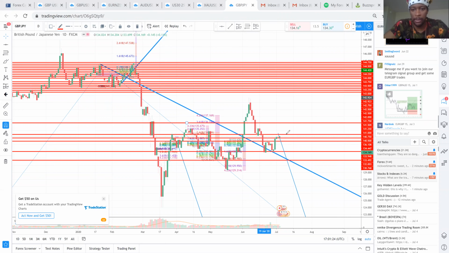So pay attention to this area. If the price goes to this area, and if it breaks this area, obviously it goes up to this area. And if it breaks this area, it'll just go up higher. But me personally, I see it probably coming back down to this area. And if it breaks the area, it'll come down lower. So that's what I see. And that's pretty much my analysis for the week in this market.